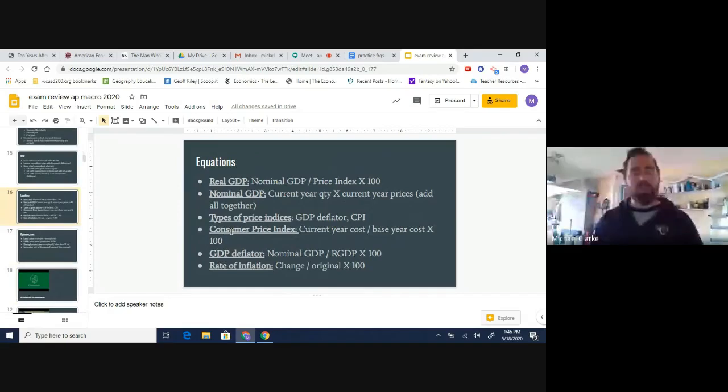Now, a question might come to you and you might think, well, why are there two of them then? If they both do the same thing, if they both have the same purpose to measure inflation, why two? Because we just want to confuse the hell out of you as economists. No, they serve two different purposes. The consumer price index looks at a market basket of goods and services that you guys, the consumers, tend to buy.